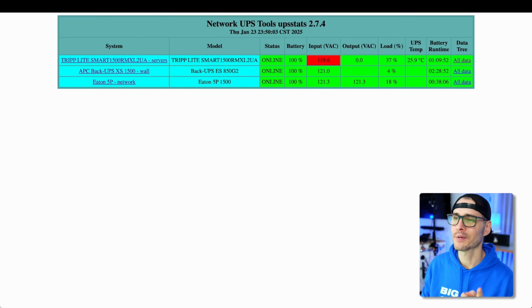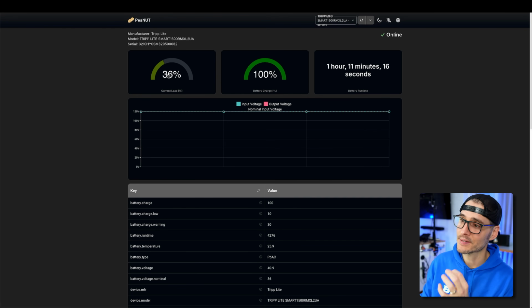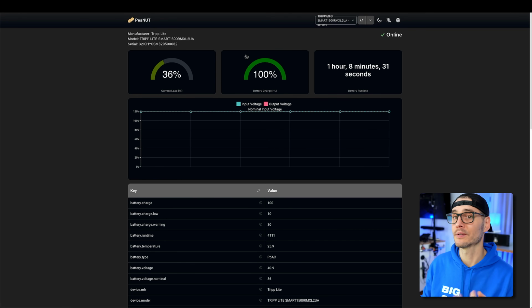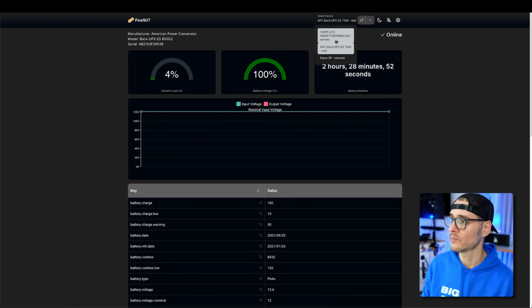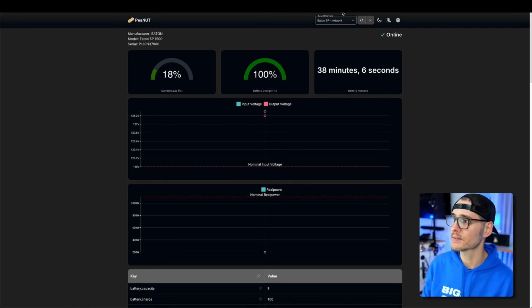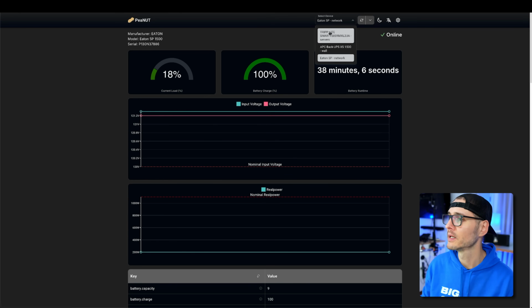I do wish there was something newer than NutServer, and there kind of is. There's this self-hosted service you could run called Peanut, and what it's doing is something I like, which is giving a modern facelift to NutServer itself. And we could see my different devices that I was just seeing in NutServer. You can switch between them, and it will plot out all of this data on this chart.